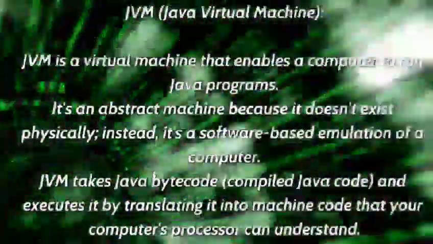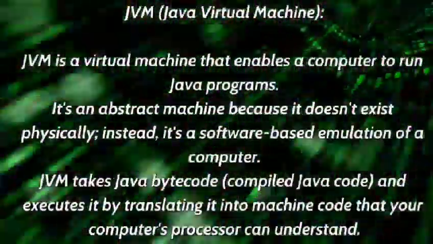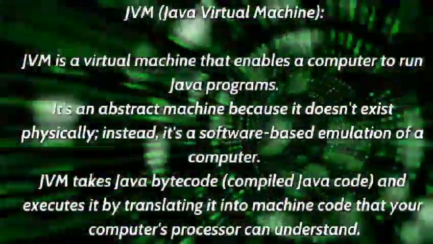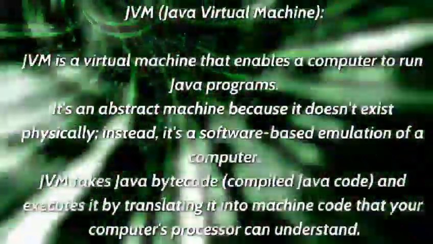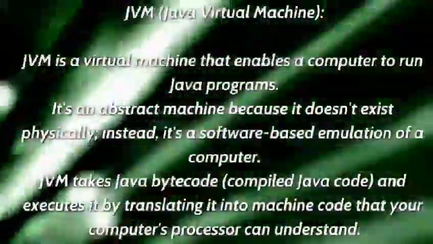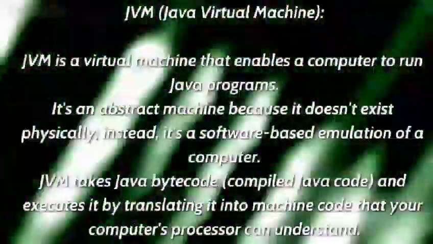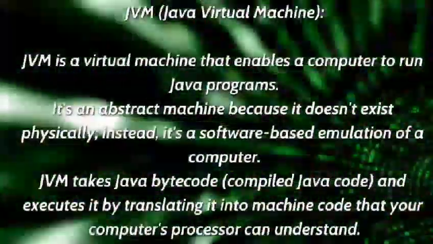JVM, Java Virtual Machine. JVM is a virtual machine that enables a computer to run Java programs. It's an abstract machine because it doesn't exist physically. Instead, it's a software-based emulation of a computer. JVM takes Java bytecode, compiles Java code, and executes it by translating it into machine code that your computer's processor